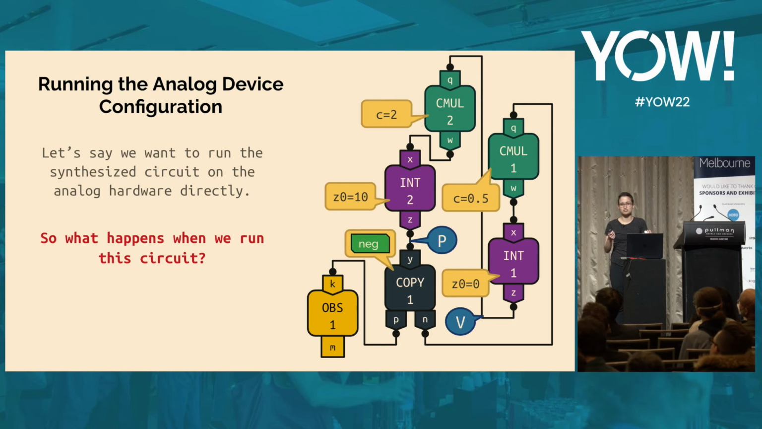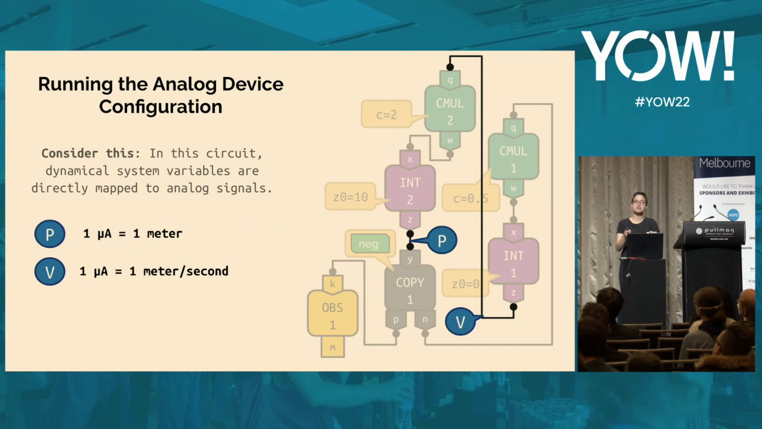Okay, so what happens when we run our circuit? Well, consider this. When we decided that we're going to make a circuit where the dynamics of the circuit match the physics, the dynamics of our dynamical system, what we've done is we've directly mapped variables in our computation to analog signals. And so to make things clearer, basically when we labeled this wire P, we said that 1 microamp